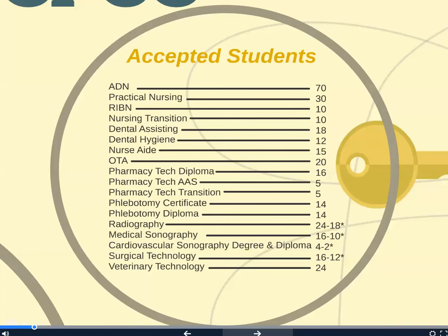You will notice the number of seats available say 24 and 18. The intent to apply process will select 24 students. Those 24 students will be required to complete a skills awareness course through our continuing education department. The top 18 students from the skills awareness course will then be selected to begin the radiography program in the fall semester. For radiography, medical sonography, cardiovascular sonography, and surgical technology, selection from the intent to apply process is not